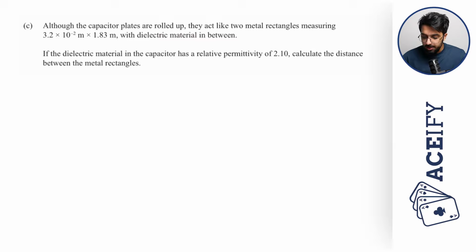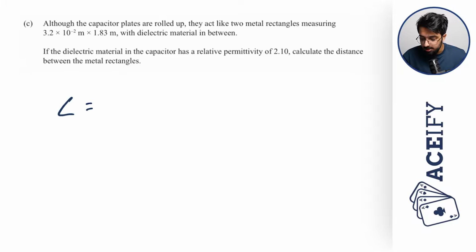There we go. Although the capacitor plates are rolled up, they act like two rectangles measuring 3.2 times 10 to the negative 2 meters by 1.83 meters, with a dielectric material in between. If the dielectric material in the capacitor has a relative permittivity of 2.1, calculate the distance between the two rectangles. Alright, so we know the equation for our capacitance is epsilon naught, which is our permittivity of free space,